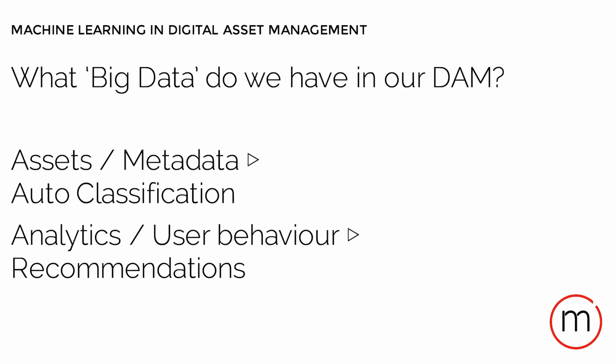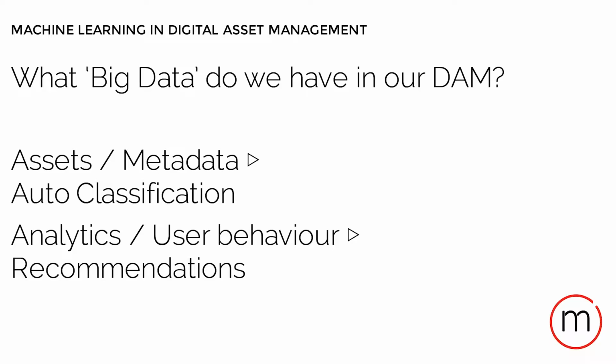Pixels. Yes, so the assets and the pixels. Do we have enough of those? How many assets do we need to be able to predict the next asset that comes in? So you'll see that in an average DAM system, there's not going to be enough assets to do something. So we're going to be needing much more.